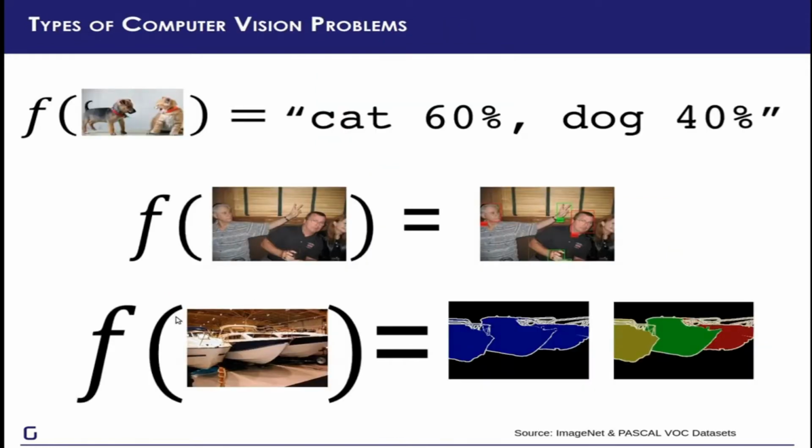Thanks, Bhanu. So, to fully appreciate our problem in using computer vision techniques to identify UI elements, we must first understand the three different types of computer vision problems. The first and the simplest is image classification. Given a set of images and a set of classes, we just predict the probability of a given image matching a given class. For example, if you are trying to predict whether an image has a cat or a dog, all we have to do is process the entire image and find the probability of it containing a cat or a dog. This is classic multi-class classification. Given a data point, find a probability distribution over the set of classes.